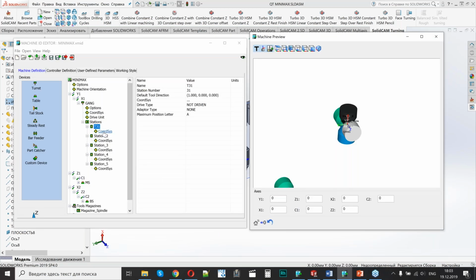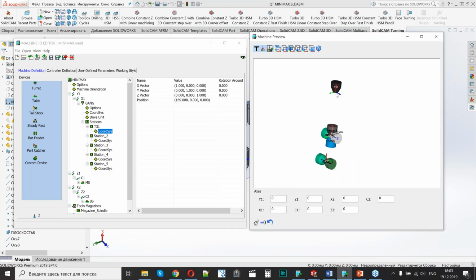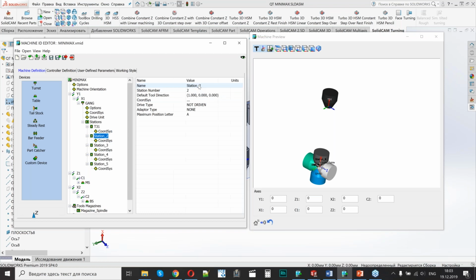So I will just move it by x, 169. So this is my point. It's a basic point, and it's a 0 position, reference position of the OD turret on the machine. Now I will add the next position, and it will be T32, and it will be shifted a little bit